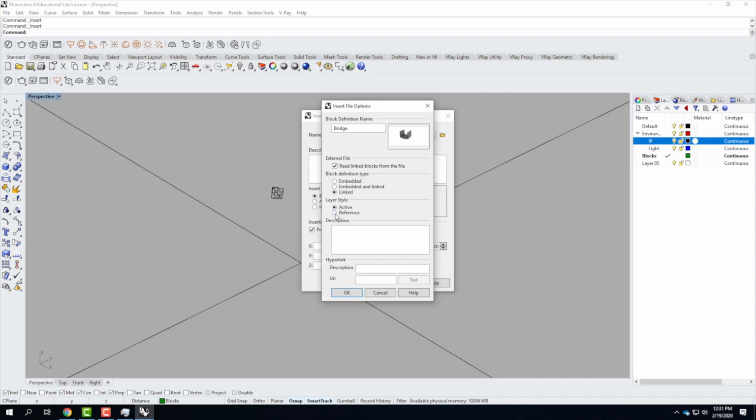I strongly prefer that you choose reference layers. It will make layers that don't look like these regular layers. They'll be grayed out at the bottom. You still have access to them. You can still manipulate them. You can still turn them on and off, but it distinctly separates them from the rest of the layers in